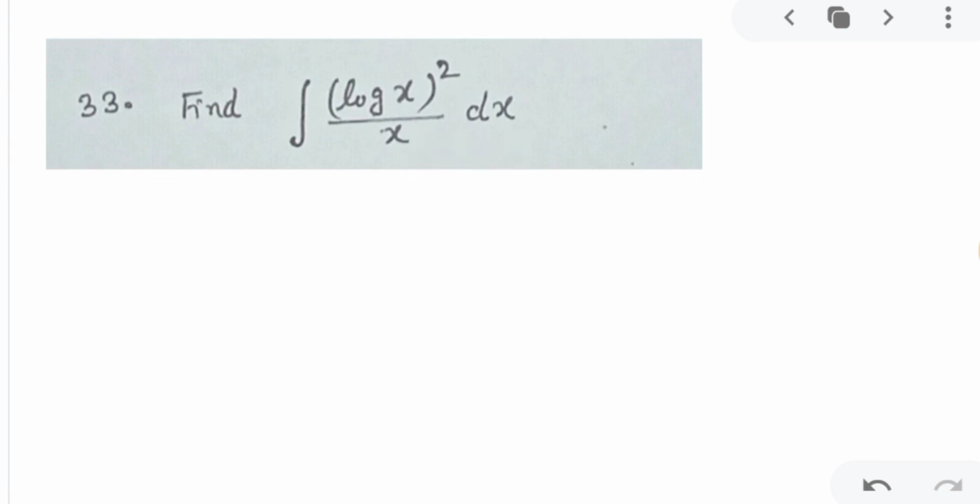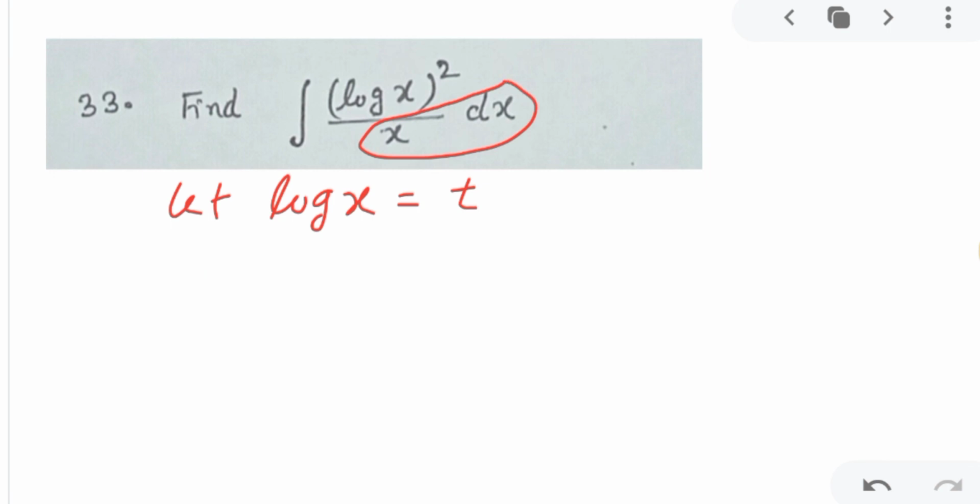This is very easy. You just have to take log x as t, that is, substitute let log x be t. How do we choose what to take as t? Because the derivative of log x is 1 upon x. So if I take log x as t, then 1 upon x dx will be dt. You just have to develop that common sense a little bit, then only you can solve this type of question. So log x is t, then differentiate both sides: the derivative of log x, 1 upon x dx, is equal to dt, correct?